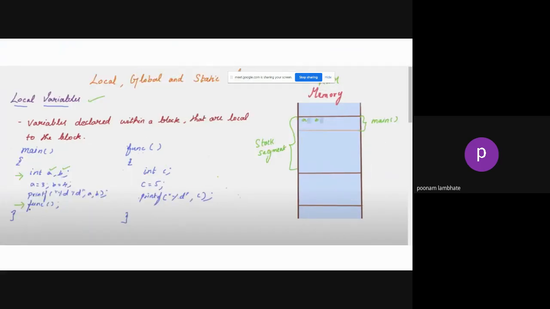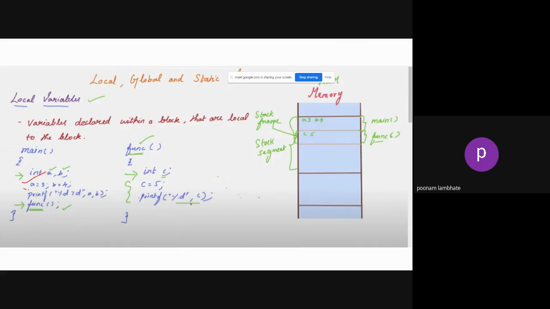Now, suppose you have your main function with A and B. Program execution starts from main, so main will occupy some memory. Variables in main, A and B, will have some memory in this particular segment. Suppose you store 3 in A and 4 in B. So values will get stored in memory: for A it will be 3, for B it will be 4. You first declare A and B in main, A is equal to 3, B is equal to 4,